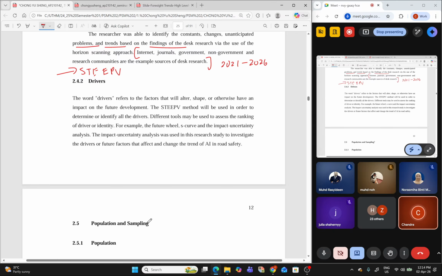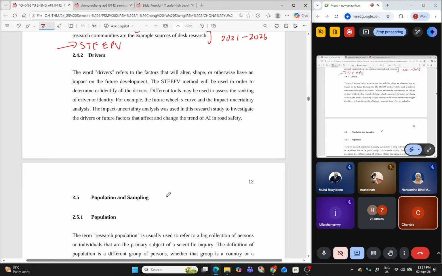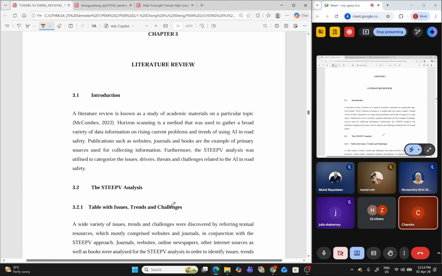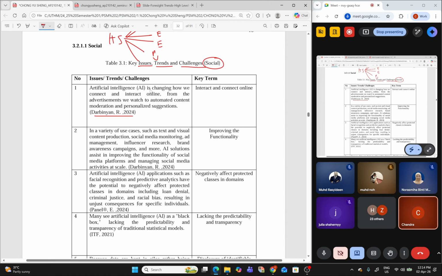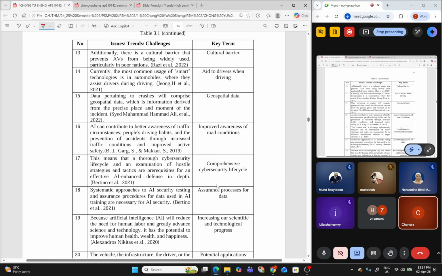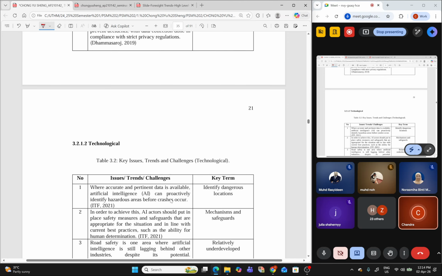Okay, so how to identify the drivers? You will lepas masukkan dia punya isu dalam social ni, you akan tulis dekat sini key terms, summarize key terms dalam kalau boleh 2 atau 3 perkataan cukup. Okay, ini dah 4 dah. Okay, kalau boleh, ini dah lebih daripada tu. Summarize keyword kat sini, semua keyword ni. Okay, lepas dapatkan keyword untuk semua ni, ada keyword.